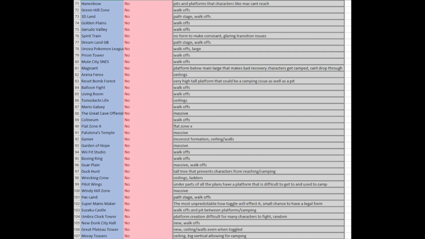Alright, Pokémon Stadium... Palutena's Temple, massive. Gamer, inconsistent formation, ceiling, and walls. It's just bad. Garden of Hope, it's massive and has walls. Wii Fit Studio and Boxing Ring, walk-offs. Gaur Plain, massive, walk-offs. Duck Hunt, just as I was mentioning before, has a very tall tree that prevents characters